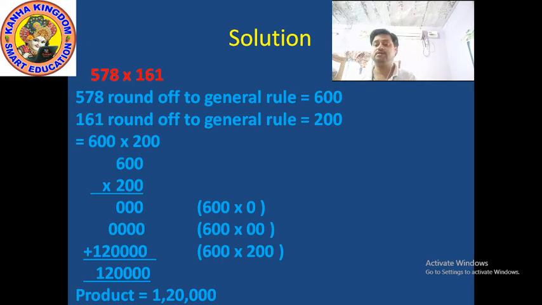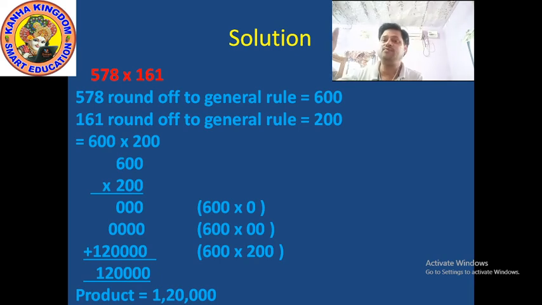So here now you see that in upper line 30, second line 40, and in third line 40 and 12, means ones place is 0, tens place is 0, 100 place is 0, 1000 place is 0, and 10,000 place is 2, and lakhs place is 1. And when we add these three lines, see,